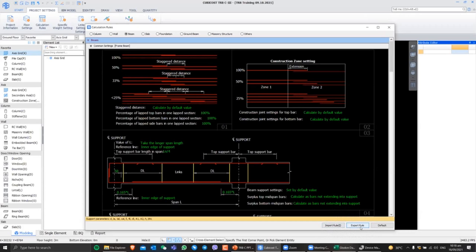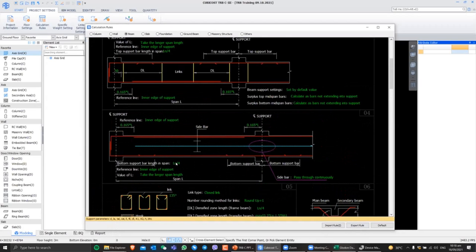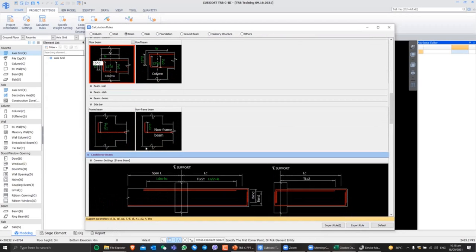Lastly, before I answer your queries, sir, hindi ko po memorize yung mga support parameters, no? Yung mga codes hindi ko memorize. Ano ibig sabihin ng LN? Ano ibig sabihin ng LA? Or ano ibig sabihin ng D? How will I know these codes? So if you want to be familiarized about the codes of the software, I want you to go to the